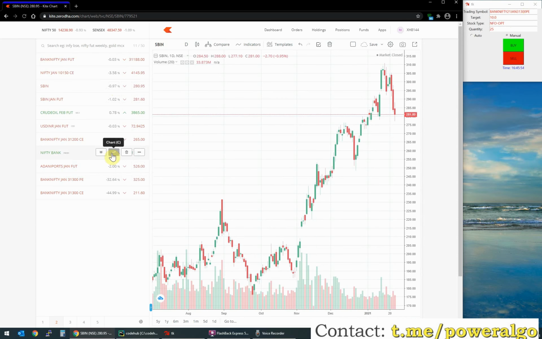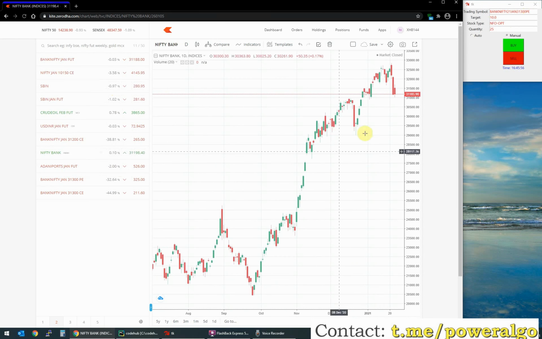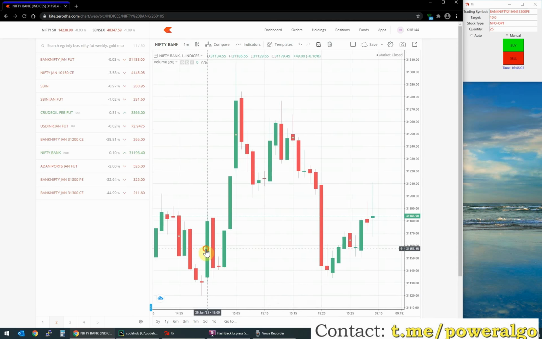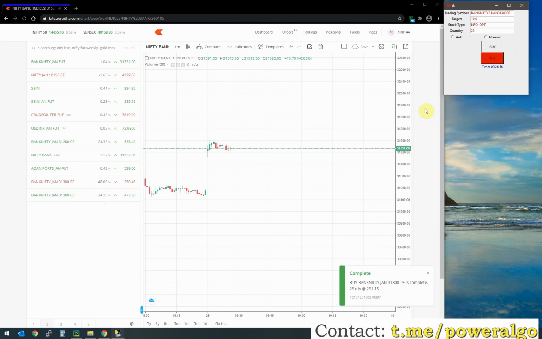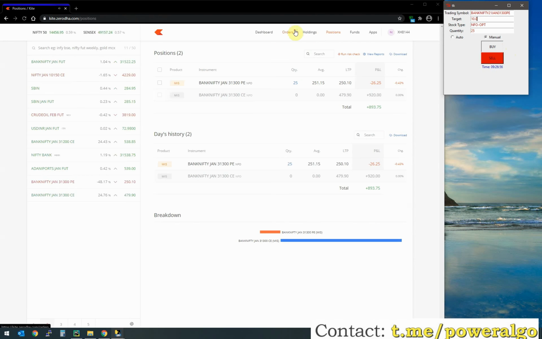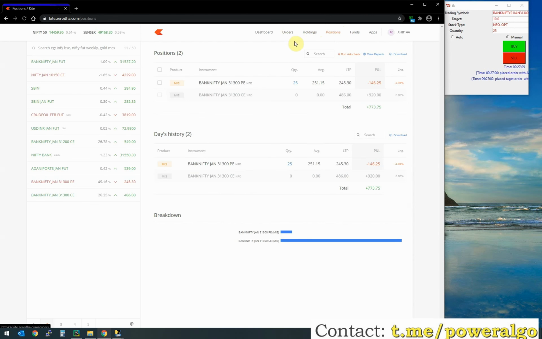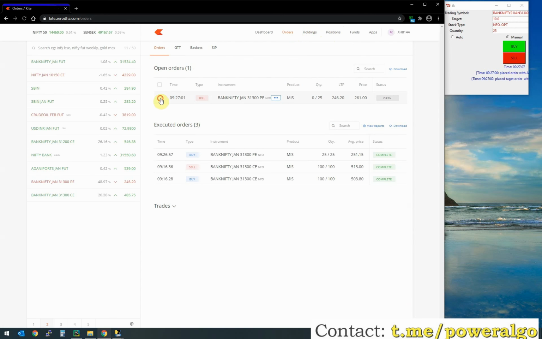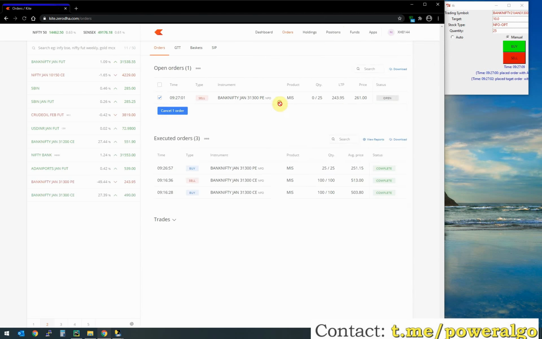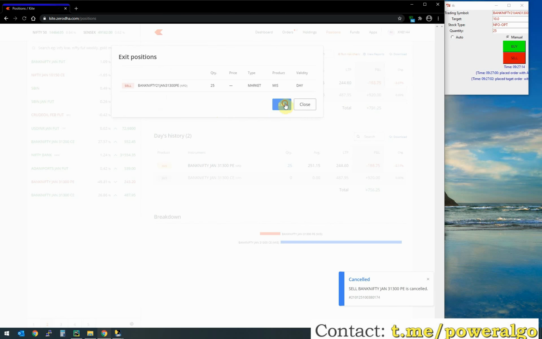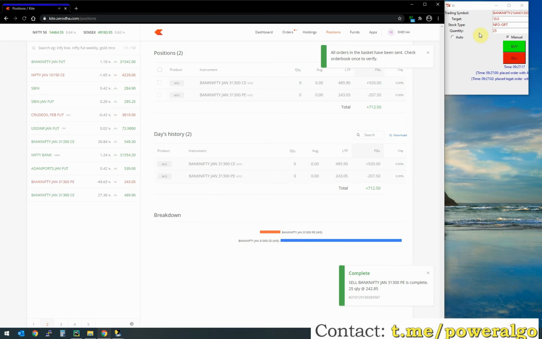Let me quickly go to the Nifty Bank. Let me quickly adjust it to 1 minute, and let me start it. Let me place the order now. So we place the order. It will automatically navigate to positions, and you can go and check the orders. I've let this order run, so let me exit quickly. First, we need to clear the pending order, go to the positions and exit the order. So we exited now. The same details get updated here.